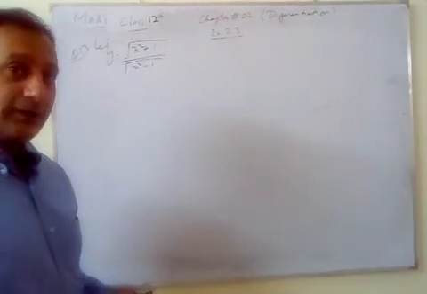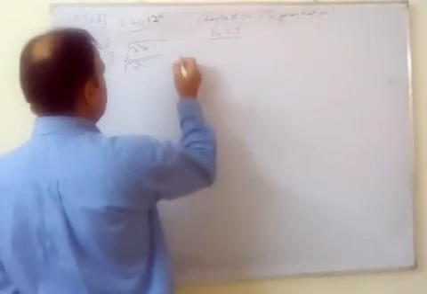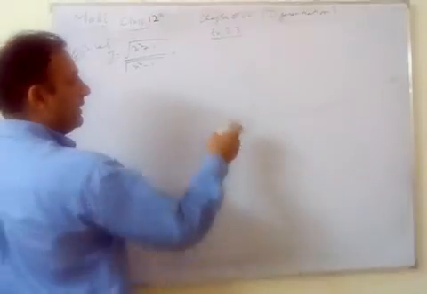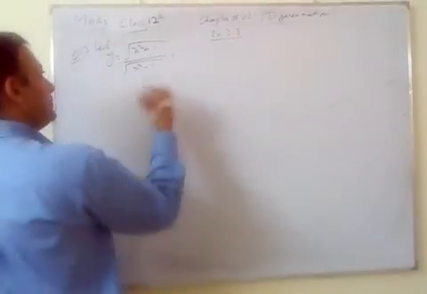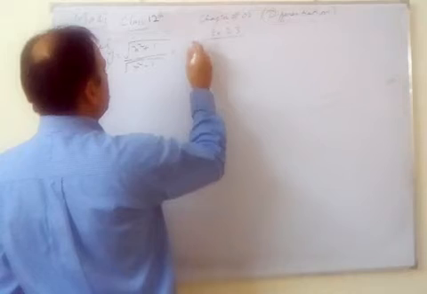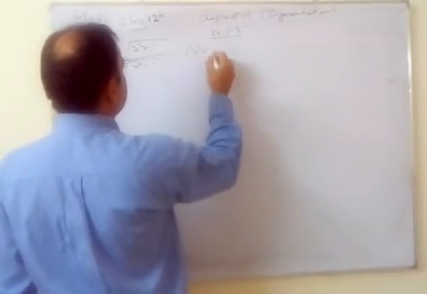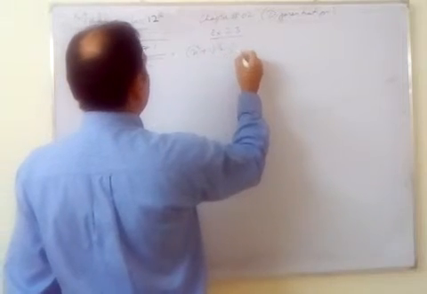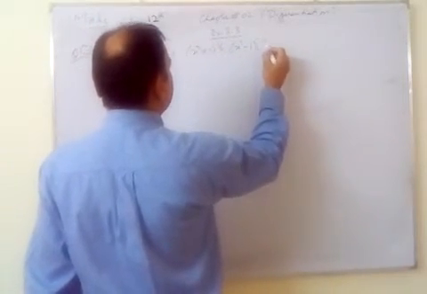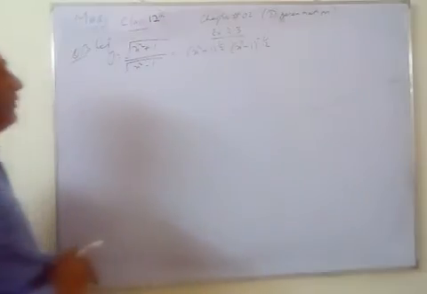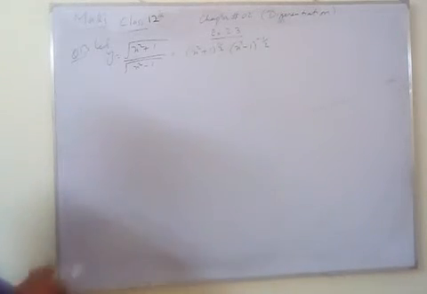I converted it into product, because I have already solved the quotient question for you, so let me solve the product one. So it can be written as (x square plus 1) whole power 1 by 2 into (x square minus 1) power minus 1 by 2. So now this is a product.